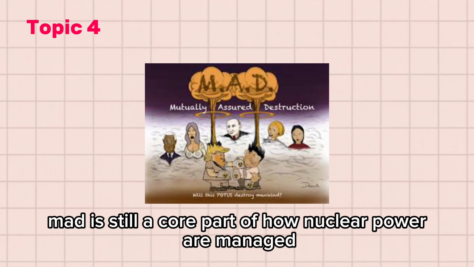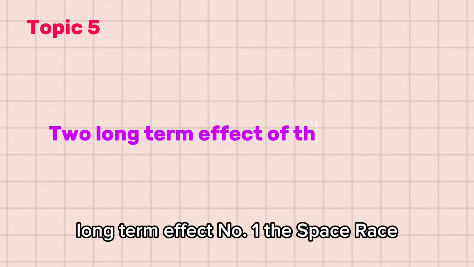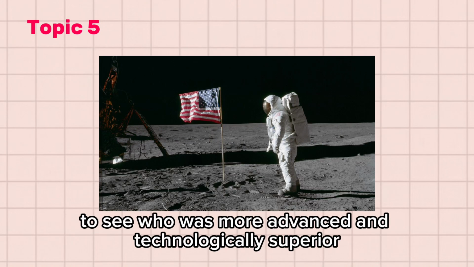MAD is still a core part of how nuclear powers are managed. Topic number 5: two long-term effects of the Cold War. Long-term effect number 1: the space race. The space race was a competition between the USSR and the US to see who was more advanced and technologically